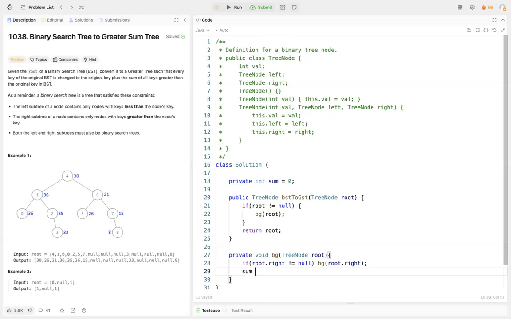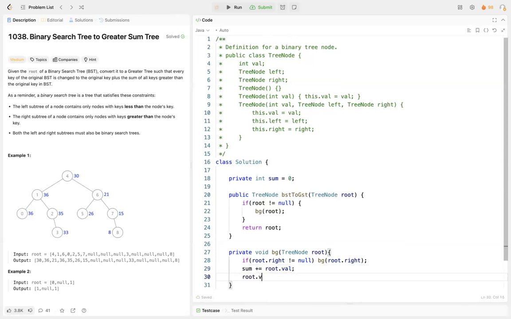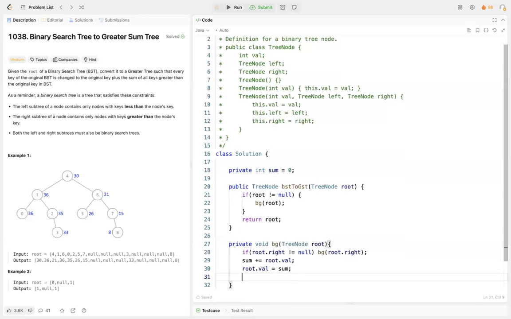So sum is a global variable for us because we have declared it outside all the methods in the class. So basically in Java, this will be called an instance variable, and then we will increment this with the root dot val. Okay, and then again in the root dot val, we'll be putting the value of sum. Okay, so we'll be putting back the sum value, and then after doing this, we need to check